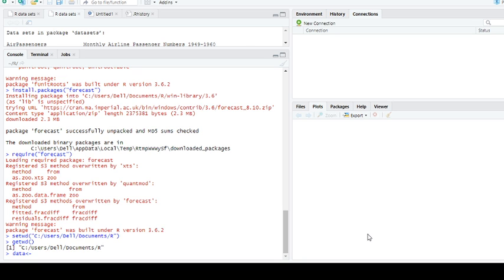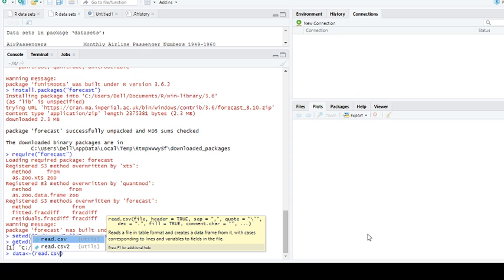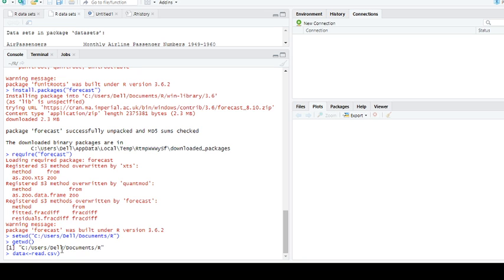So I'm going to put data as the name, and then read.csv, and I'm going to give the file